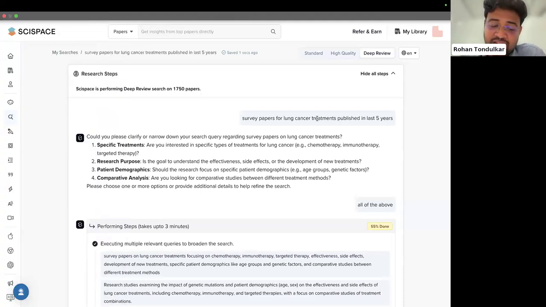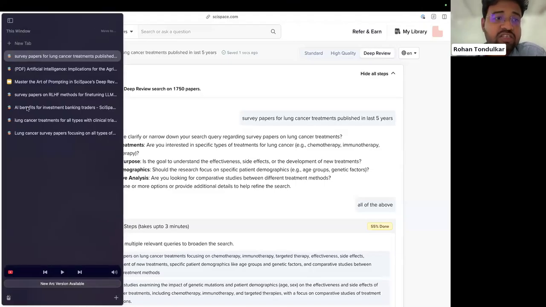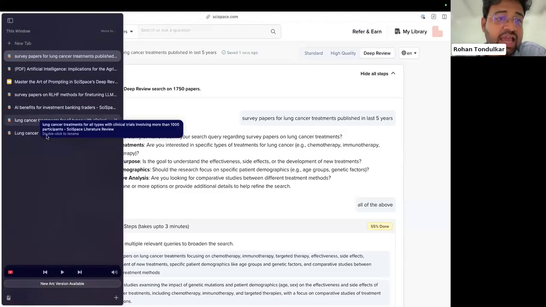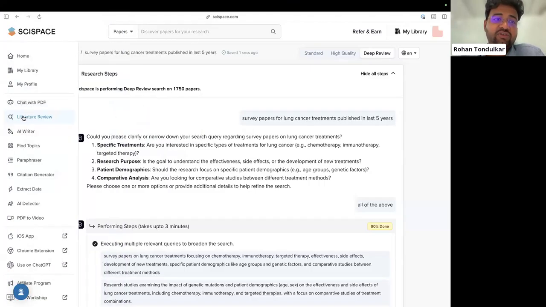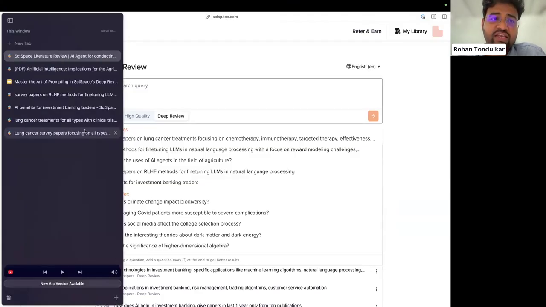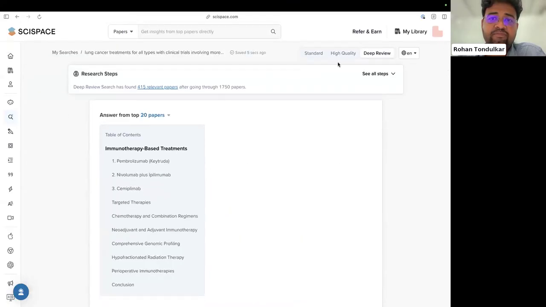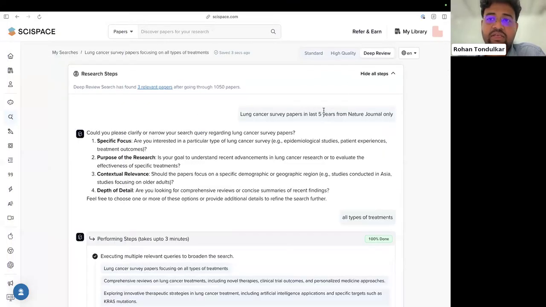So basically what we are telling is be as specific as possible about various things. Now let me share another tip. This is another query I had tried. What is interesting is you can also tell it what journal to look at. This is a query I was just trying.